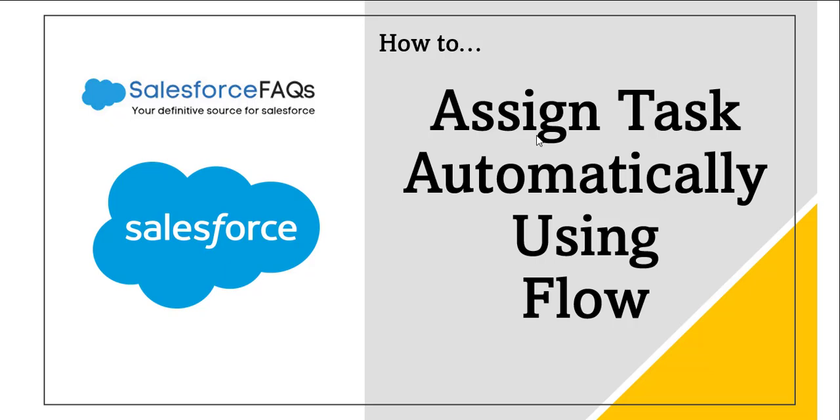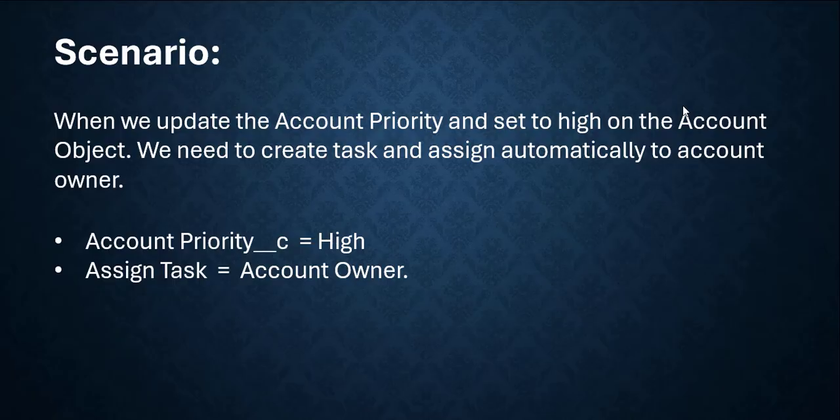So let's understand this scenario first. When we update the account priority and set it to high on the account object, we need to create a task and assign that task automatically to the account owner. So here we need to add the condition account priority is equal to high, and then we need to assign the task to the account owner. So here I will explain how we can automate this process using a record trigger flow, and